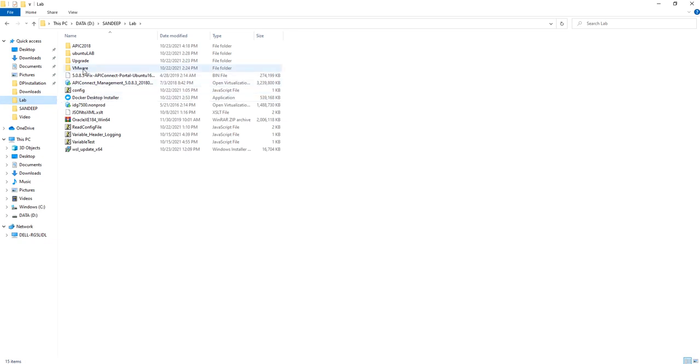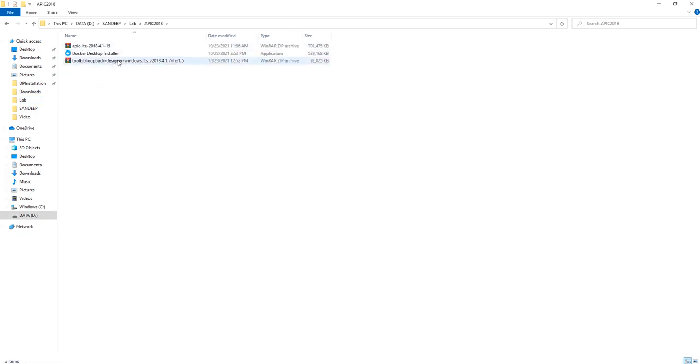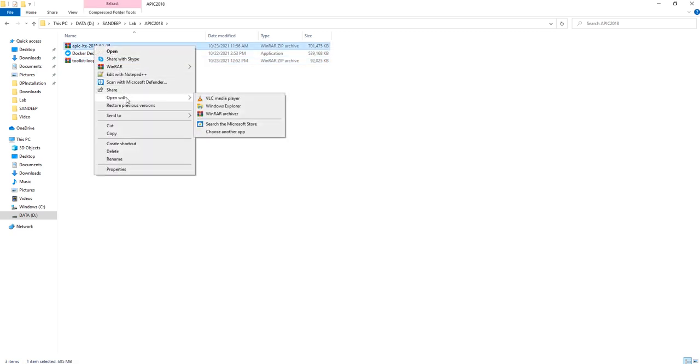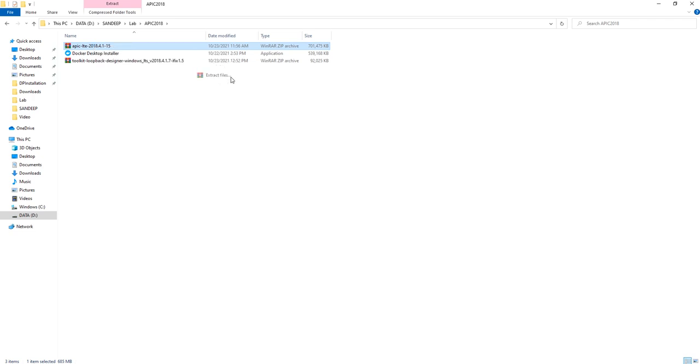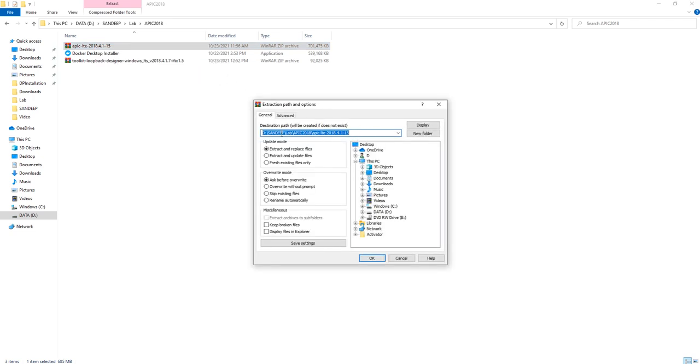When you extract this, choose extract file, and you need to mention the location. Here you can select the C drive, and in the C drive you can mention a folder like APICLET. If you don't have that folder, create that folder and give that location. So the file shall be extracted in this location.